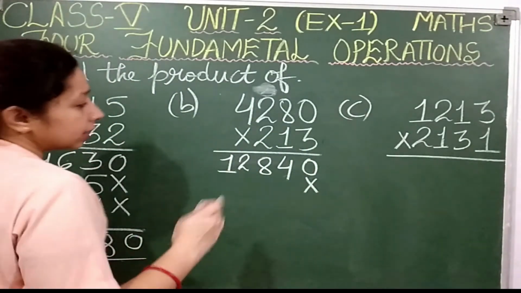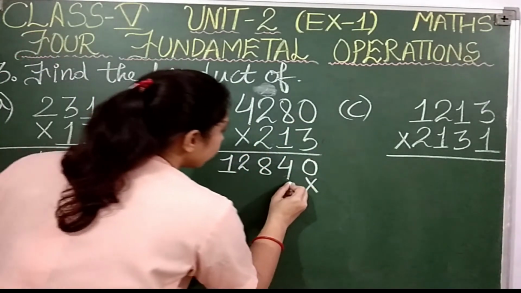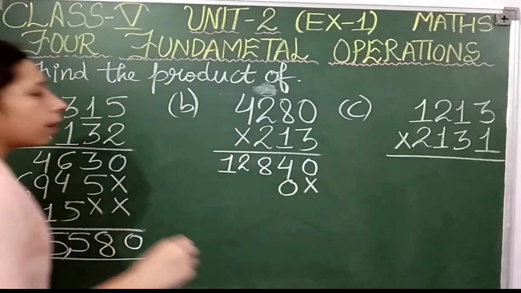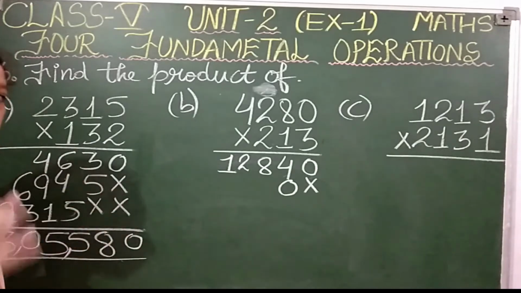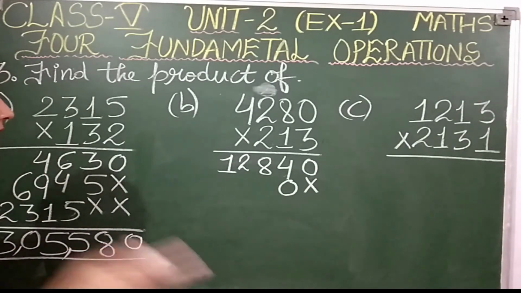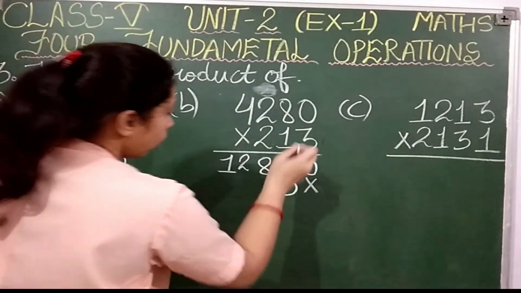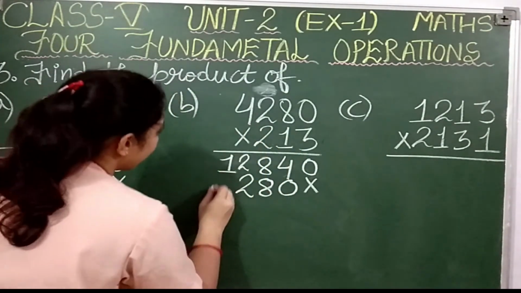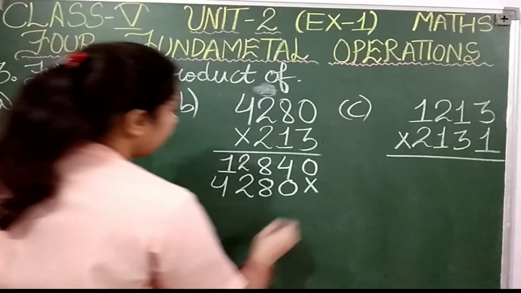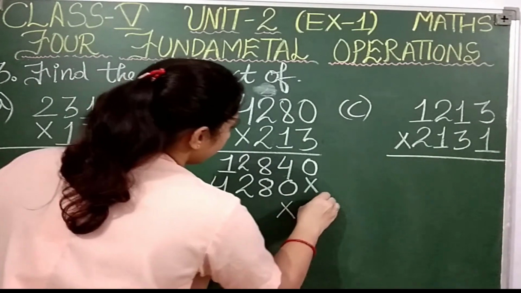Okay. So my ones place has multiplied each and every digit, so I'll put cross and I'll move to the digit at the tens place. We know that whenever we multiply a number with 0 or 0 with any number, the answer will always be 0. So 1 zeros are 0, 1 eights are 8, 1 twos are 2, 1 fours are 4. Okay, now my tens place also over.